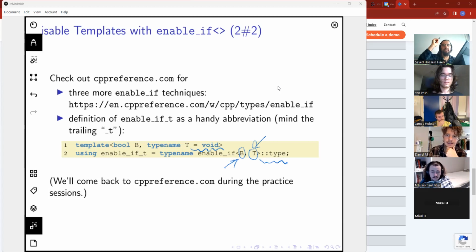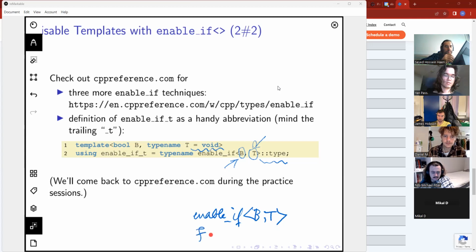This is like a bind. Enable if of B and T is like a bind, but it still doesn't perform the function call.